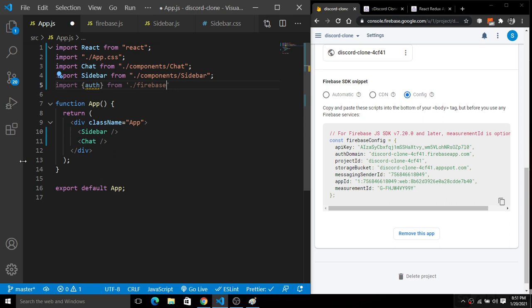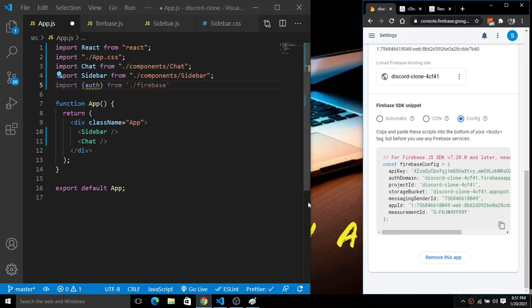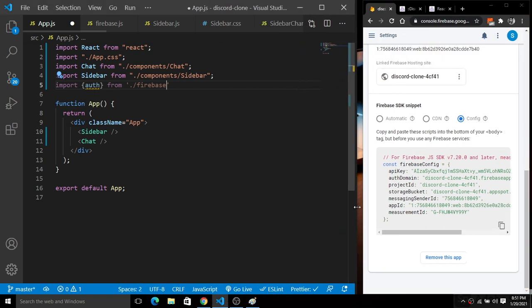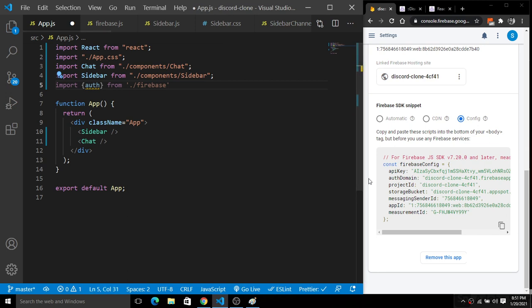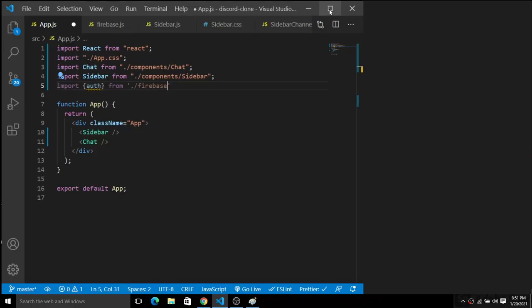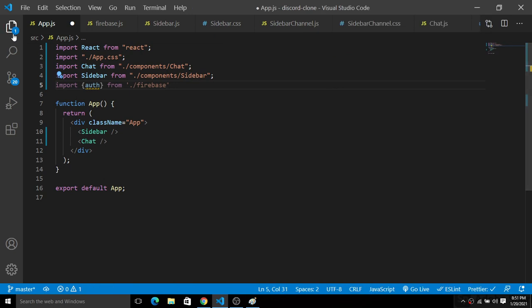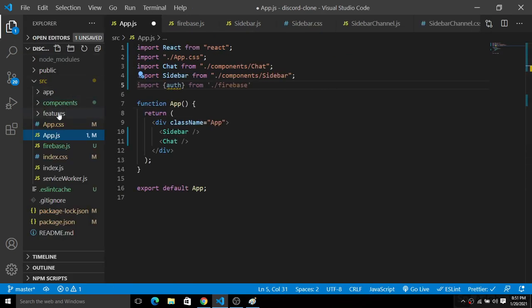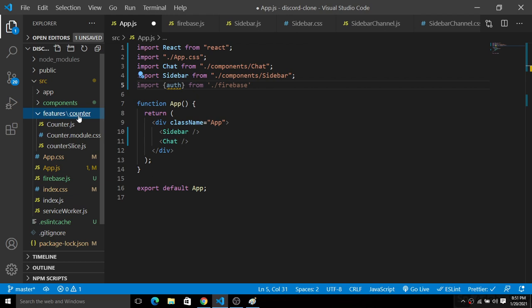So it's time to start the Redux or the backend stuff here. It is a very important thing you have to learn about this Redux, because it is very important for all of you. So let's go inside here. Inside of this features folder we have this counter.